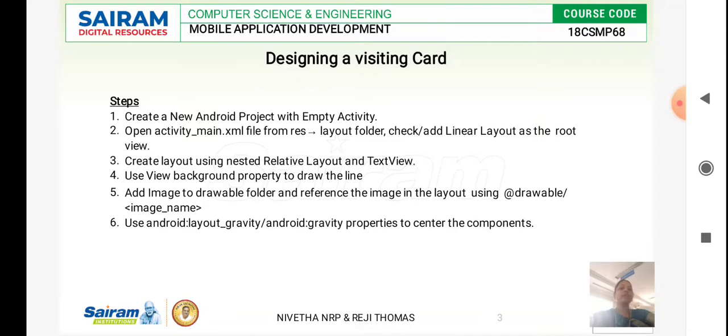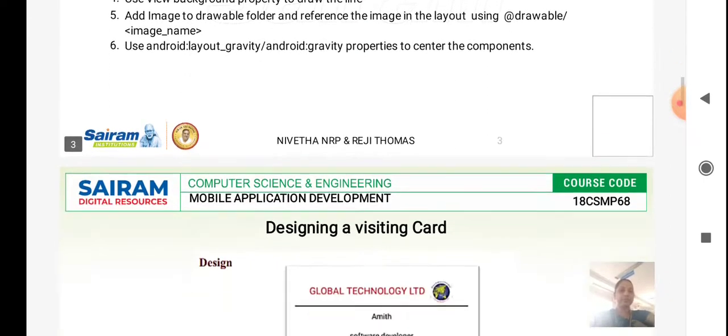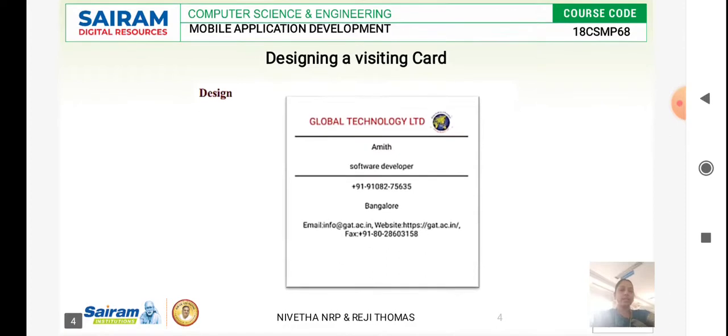Followed by that, you will be changing your layout, and you will be changing the background specification as per our requirement. This is what the design of our visiting card should be. So we have a card which has the company. The specification of this has to be specified in the code. We already have a predefined default code. In that default code, as per our requirement, we are converting that into a new template. So here this is how the final output we are supposed to get.